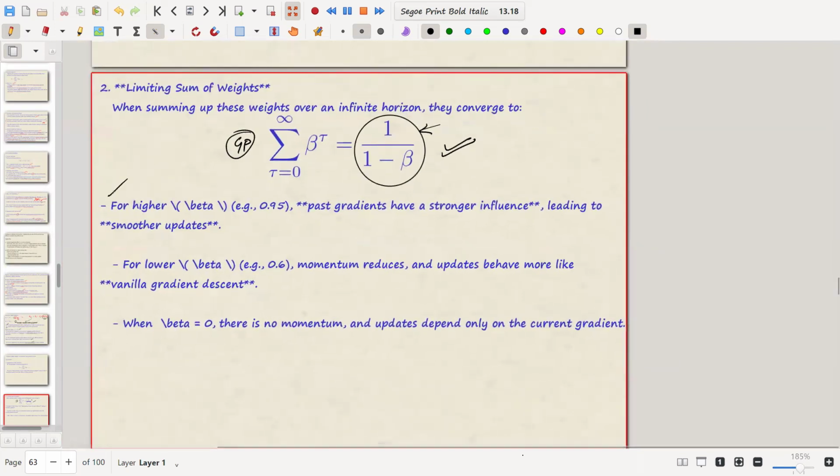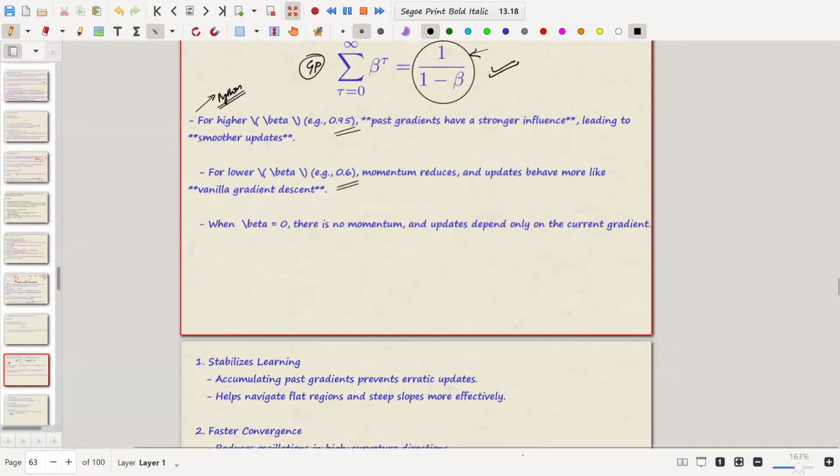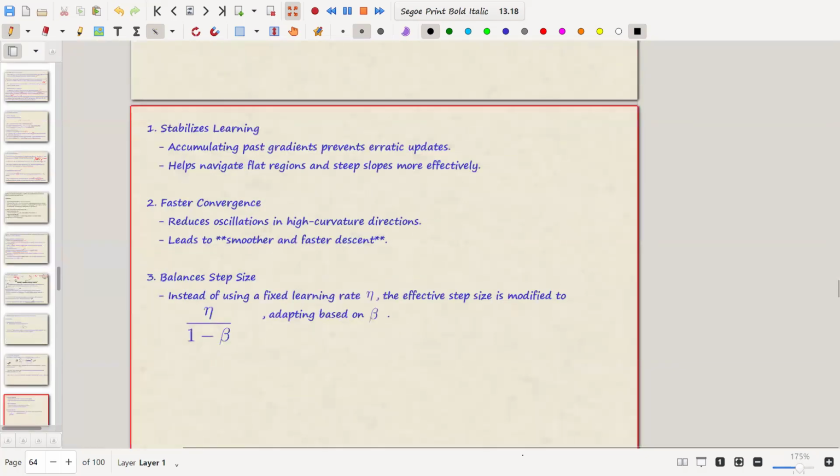I think we will see this in Python next class. Somehow that code is not there in the notebook where I have considered all these things, but I will show you. But anyway,